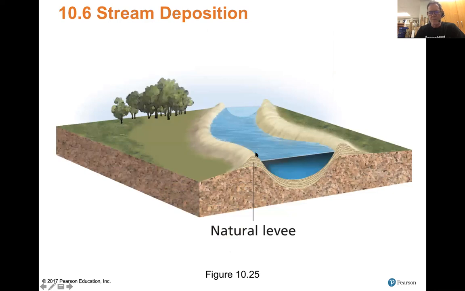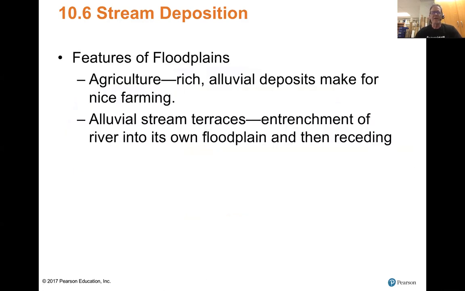You can have natural levees that are the result of this depositional activity over years and years. And then, of course, humans increase the size of these to keep the river within its banks during times of increased water flow, increased discharge, to try and keep it from overflowing onto inhabited land. So again, you have those rich alluvial deposits, and it's great farming,